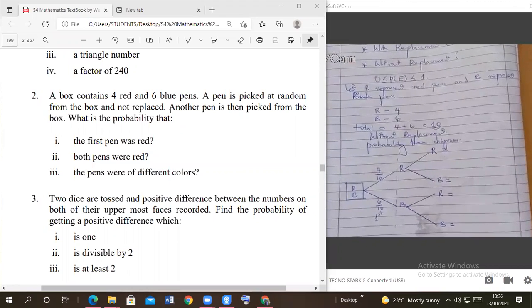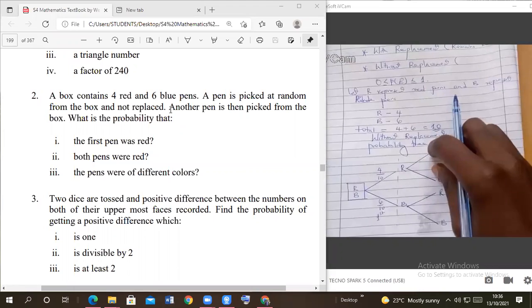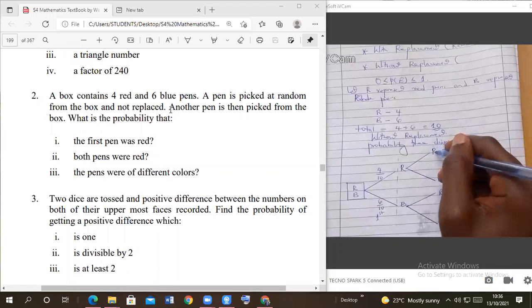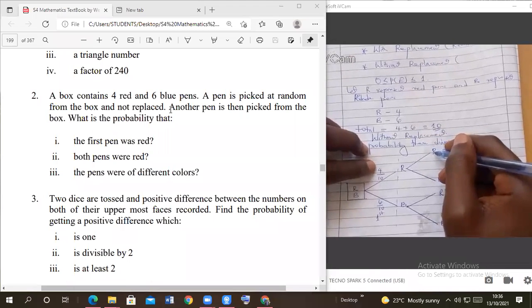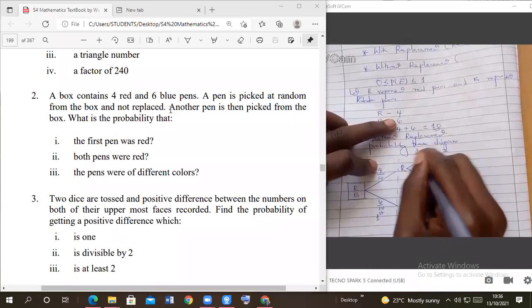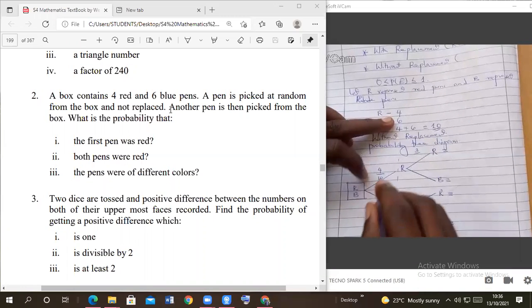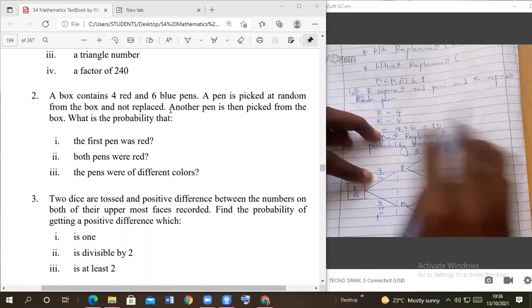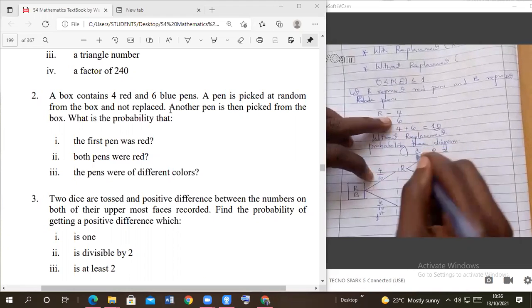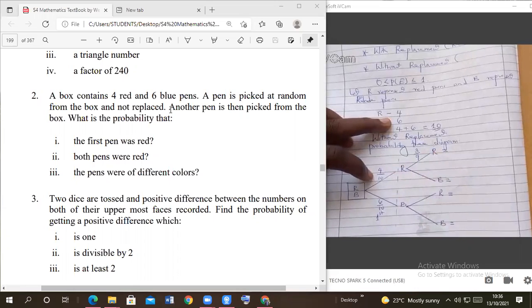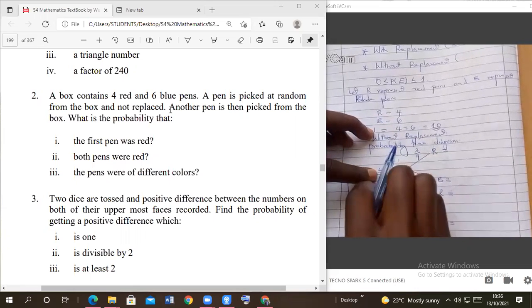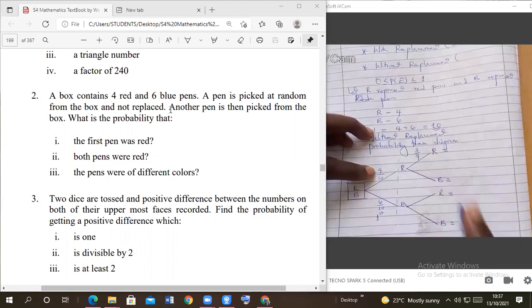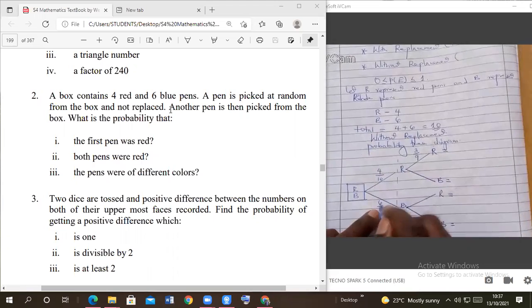Now we said we assume in the first branch, we pick the first item, which is red. If we have picked red, the number of red pens will reduce to 3. Also the total number of pens in the box will reduce to 9, because you are picking and you are not replacing it back. You have picked a red pen, and you did not pick blue, which means the number of blue pens will still remain 6